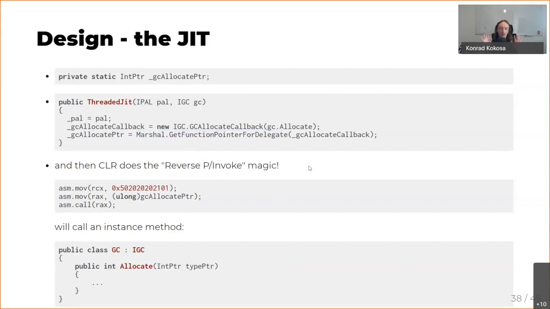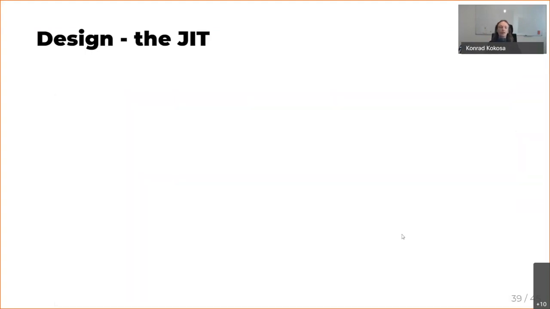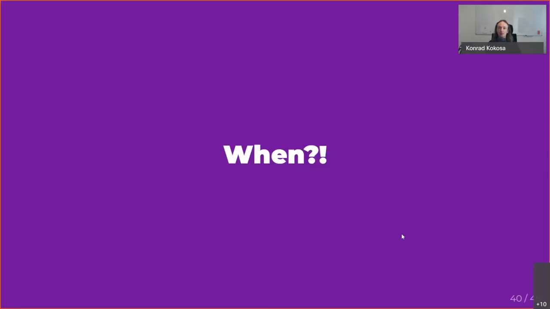So mind-blowing things are happening here that allow us to make the call from the runtime to the managed code and back. In the end, a lot of very interesting stuff that you probably will not use in your everyday life, but if you are interested in internals, it is mind-blowing and really nice to have knowledge of, which I hope will be useful for all those experiments and research that I described previously.